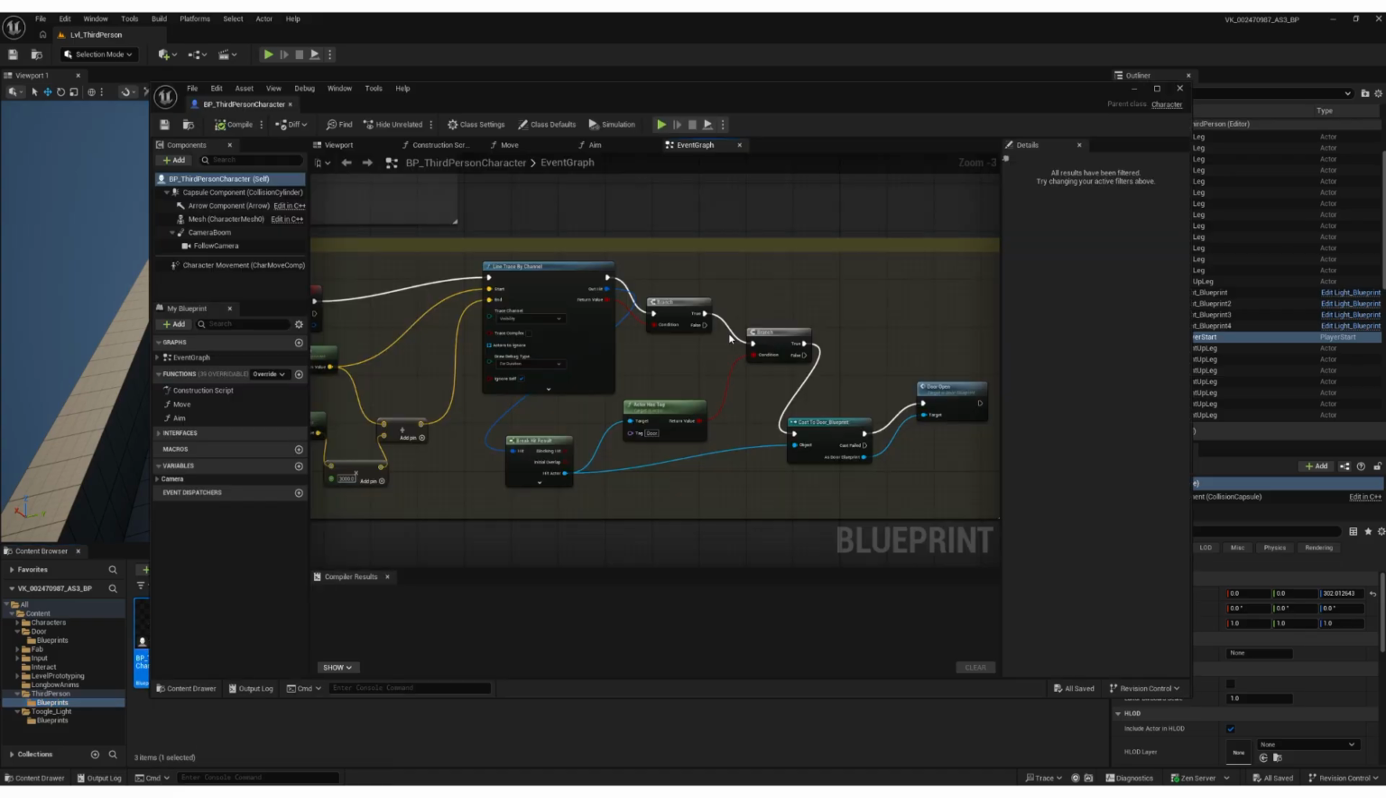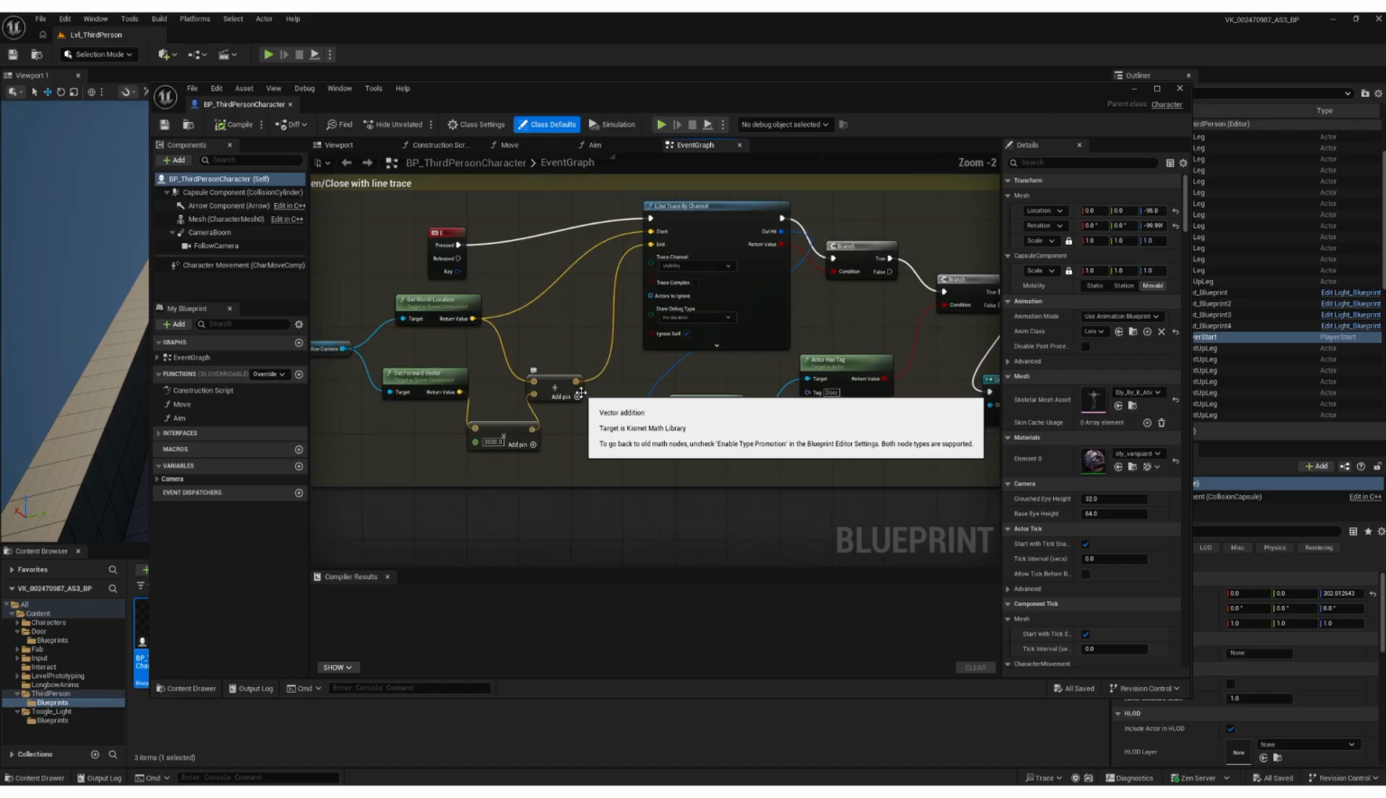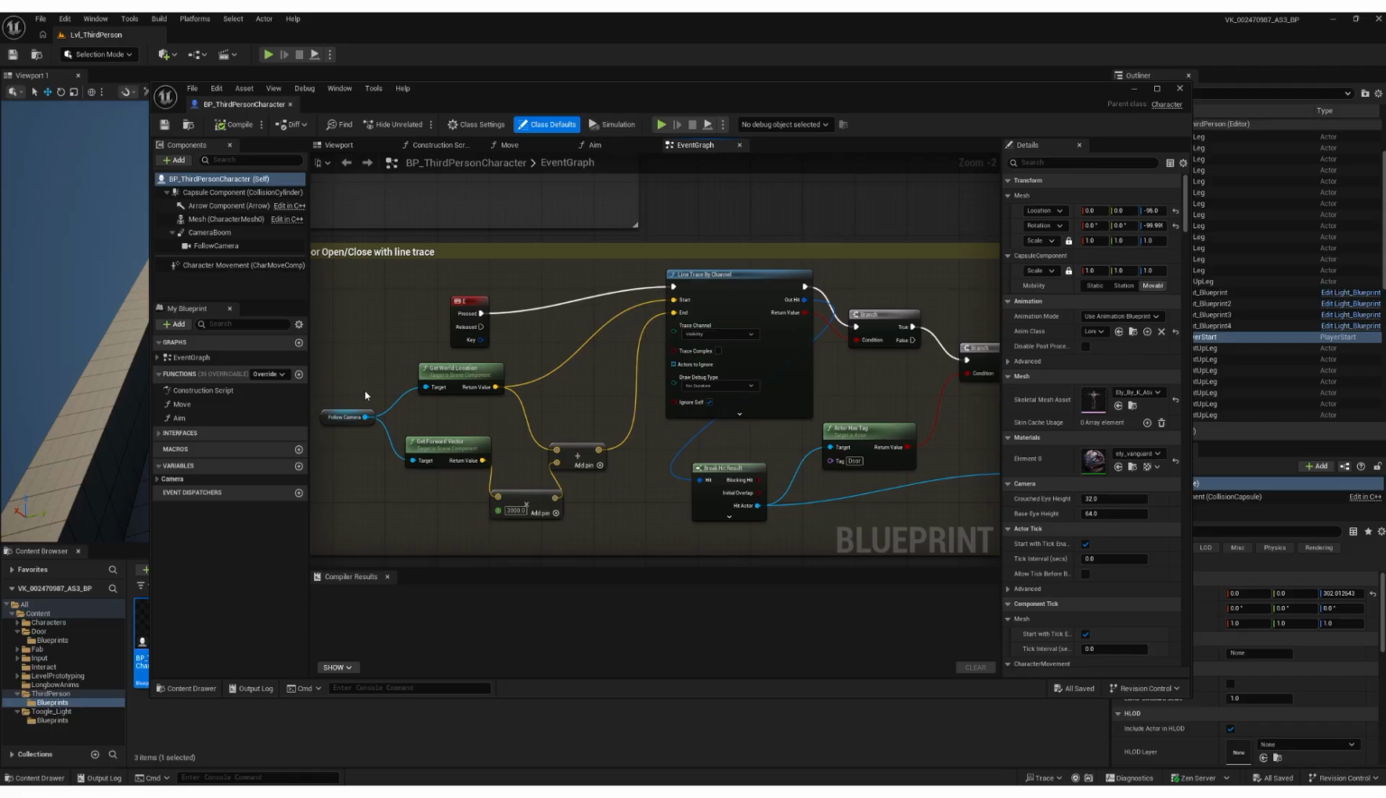So if we look at this, we have this door open and close here. Whenever we press a key like E on the keyboard, this line trace gets triggered, and it gets the position of the main camera from the global axis. And then whenever this line trace is triggered,